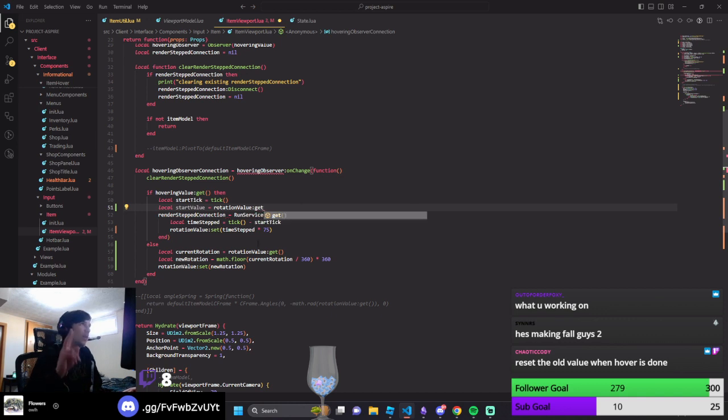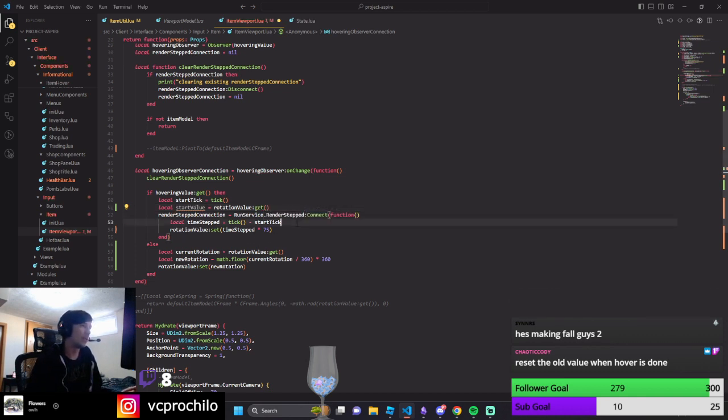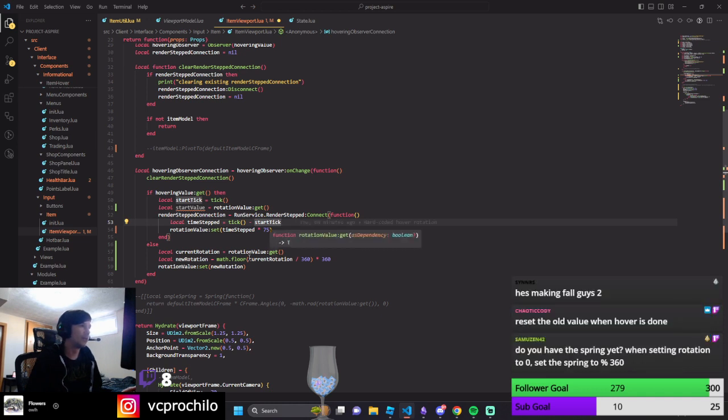Well, I'm resetting it to the nearest rotation of 360, which is why when you rehover it, it needs to pick up from there, which is what I'm going to try to do, and I'm going to end up multiplying the value again, and then I'm going to be like, well,